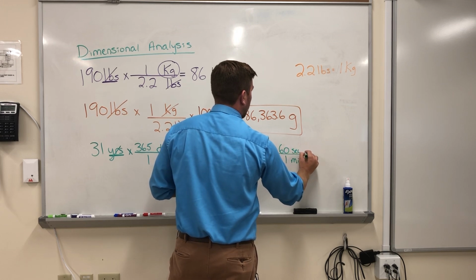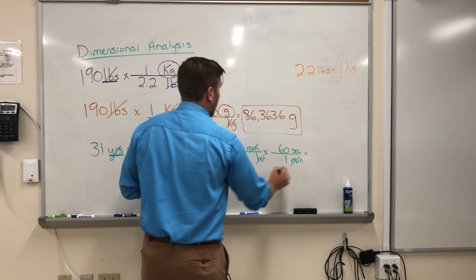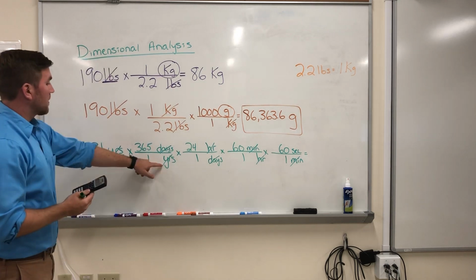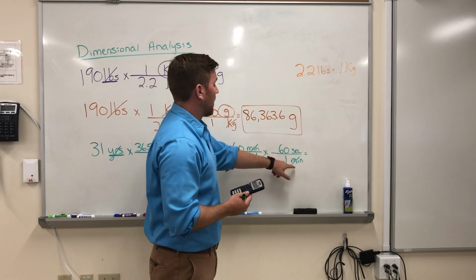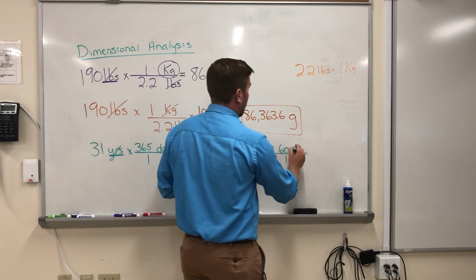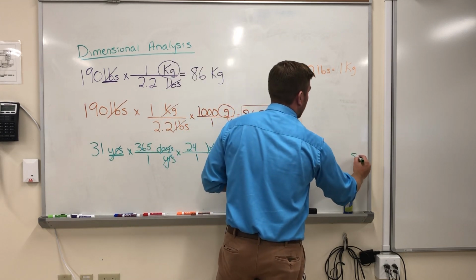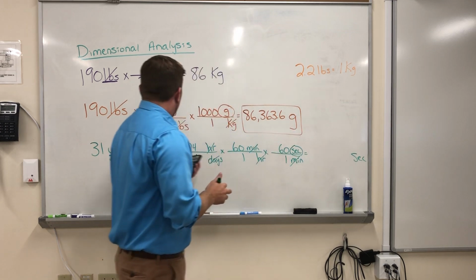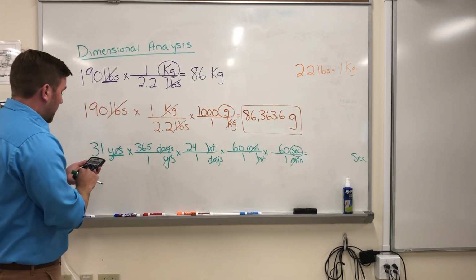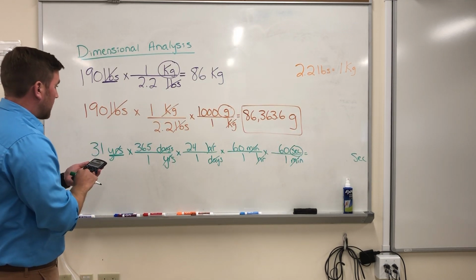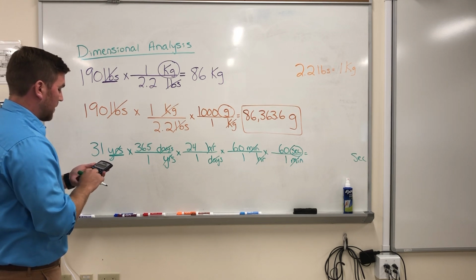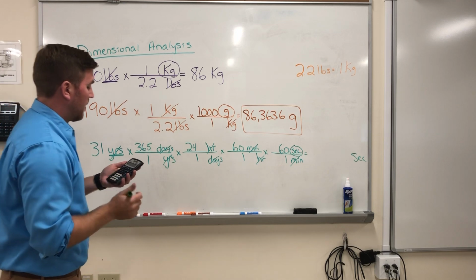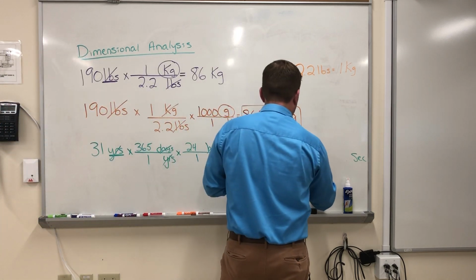And there are 60 seconds in a minute. So let's look. Years cancels, days cancel, hours cancel, and minutes cancel. And I'm left with only seconds, which is what I'd like my answer to be in. Doing the math, I start with 31, and I multiply by 365. I multiply by 24, multiply by 60, and 60 again, and I get